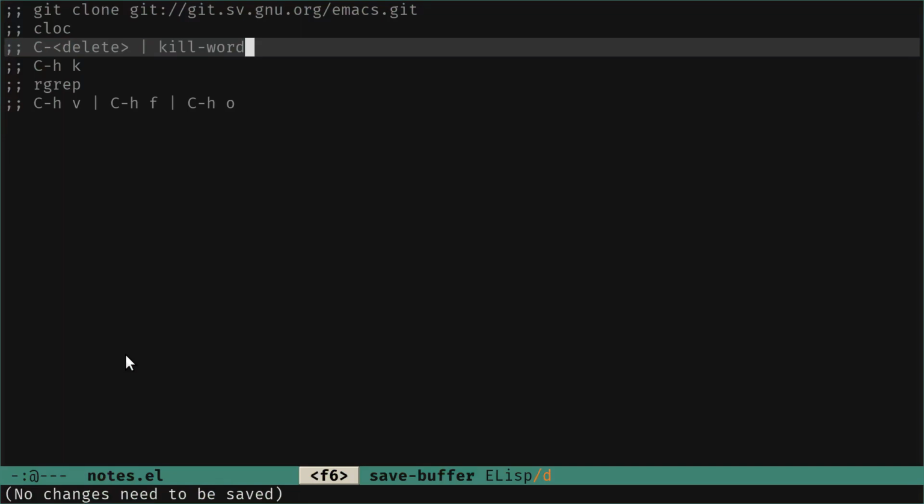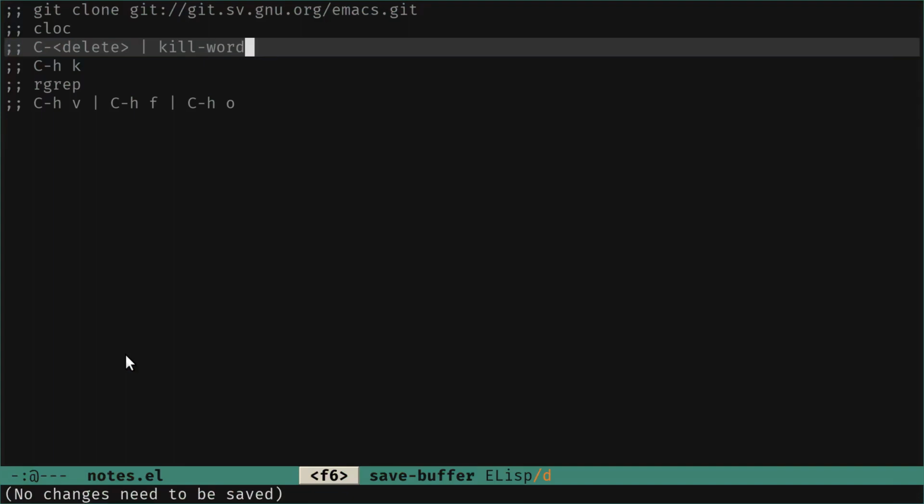I do it a lot during the day or before going to sleep, or anyway, as much as I can. So this is one way to learn how to write Emacs Lisp code.